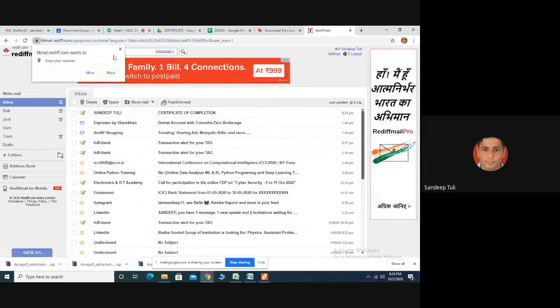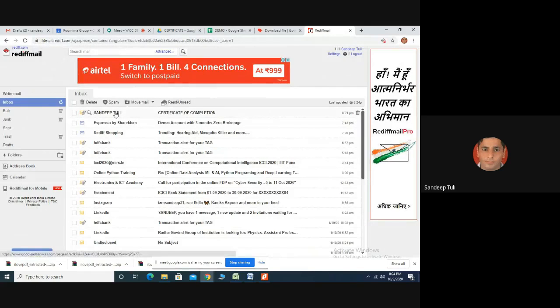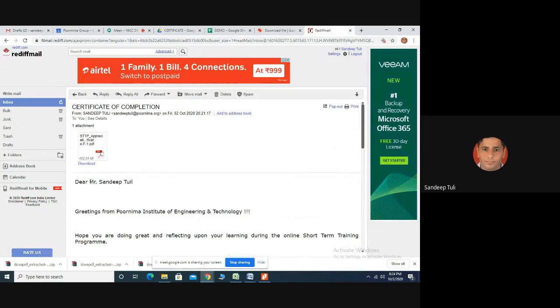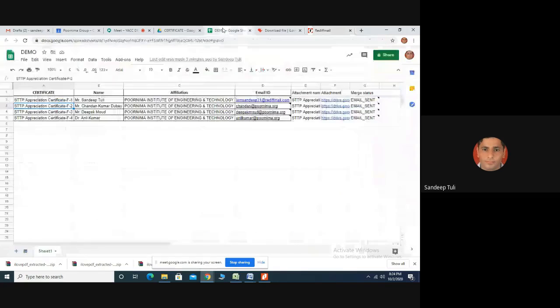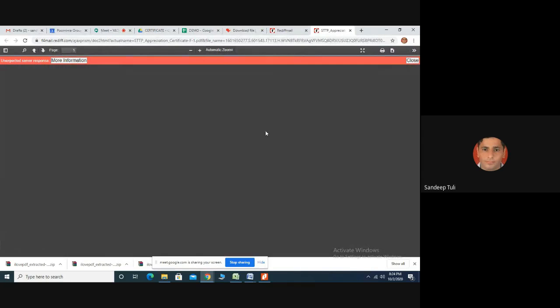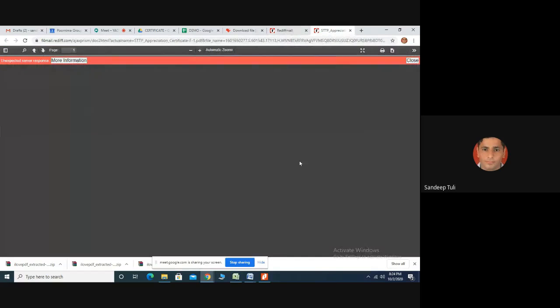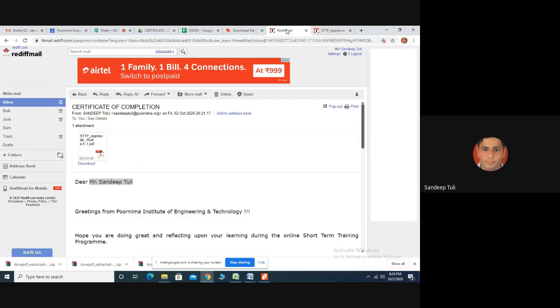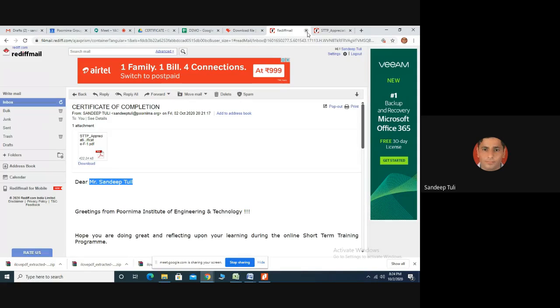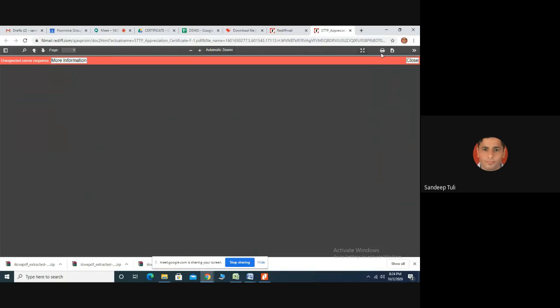Here you can see that I have got the certificate of completion. Here is the name of the candidate that we wrote in this particular Google Sheet, and this is the certificate that we have sent. Individually, I got only the single certificate, and that person will be able to get only the single certificate. Here you can see that only a single file has been sent to that particular participant. We can download it actually. Here you will be able to see how it is.